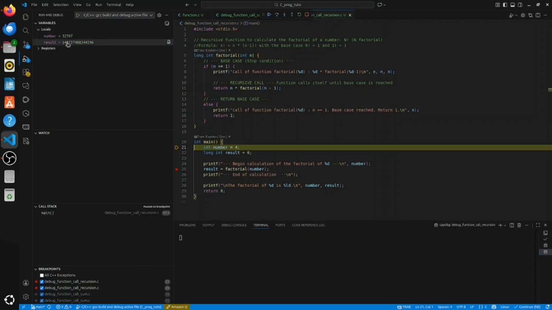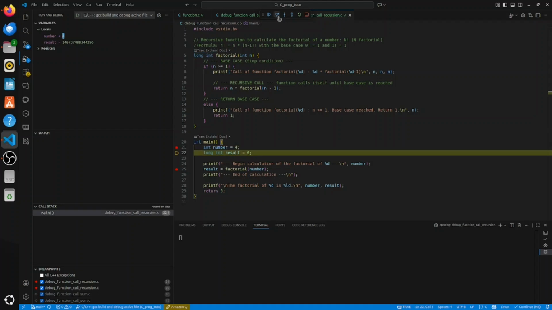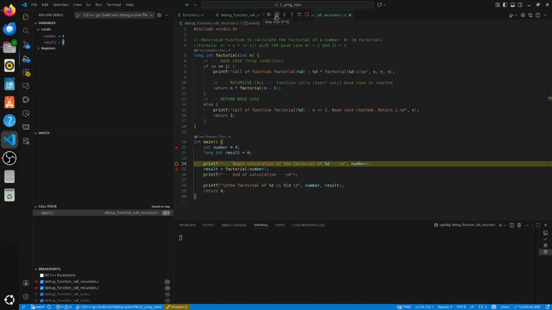I have my two variables with a random value. You see this value is very long compared to this value. It's because it's a long int type. I declare the result as long int because the returned value of my function is long int, so everything has to be aligned. So I go to the next step, going step by step. Number 4 is stored in my variable number, and then I store 0 to avoid